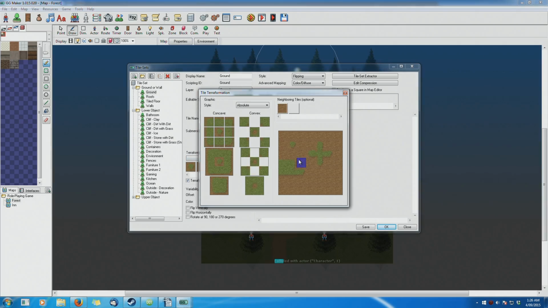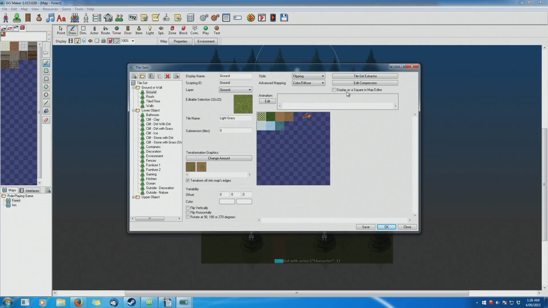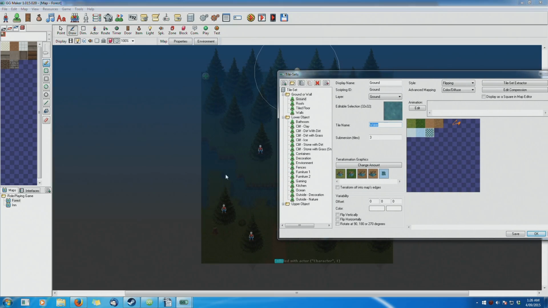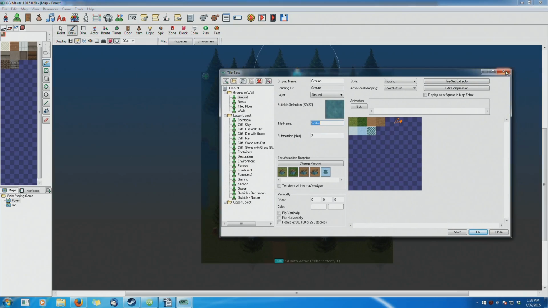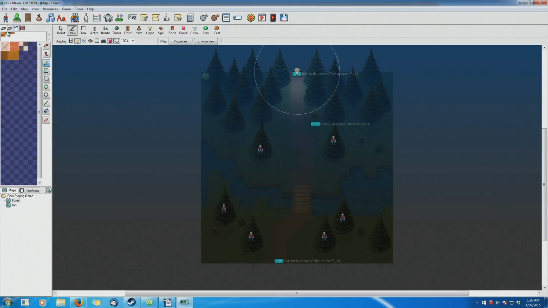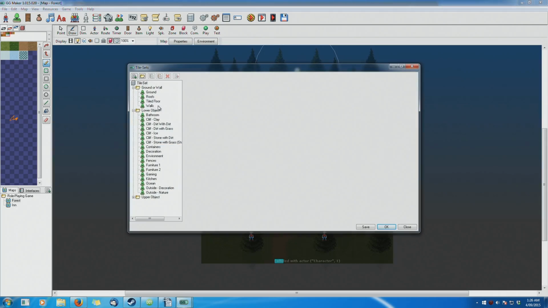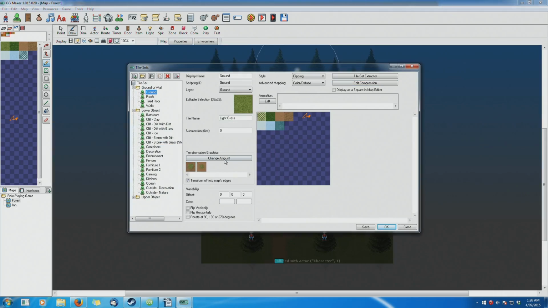And in here, this allows you to set up the auto tiling and how it's affected. So as you can see, this is for dirt. If we go into here, we can see it better. So this one's for grass, this one's for that dark grass, and this one over here is for dirt. And this is just a display here. And if we go to our map here, we can see that it's already in effect down there. So if I was just going to the floor tiles down here, we can create more water, make a more lake area. No, I don't want to save that. So yes, that is the